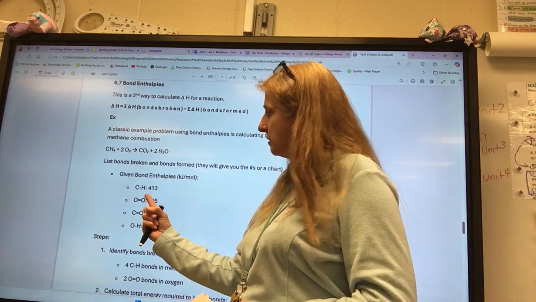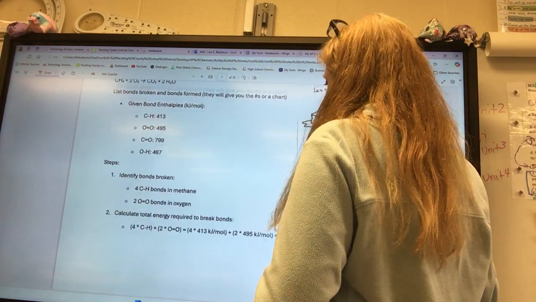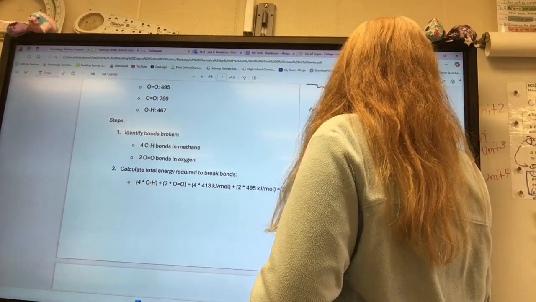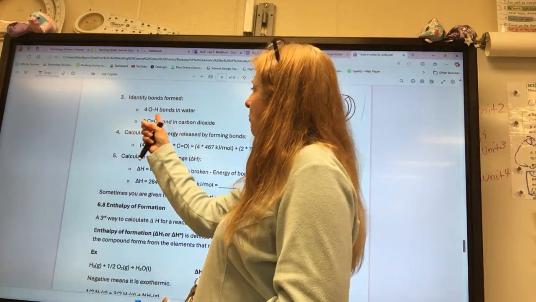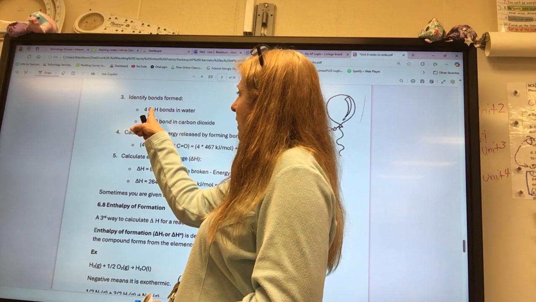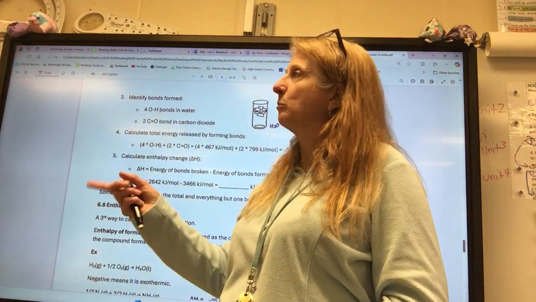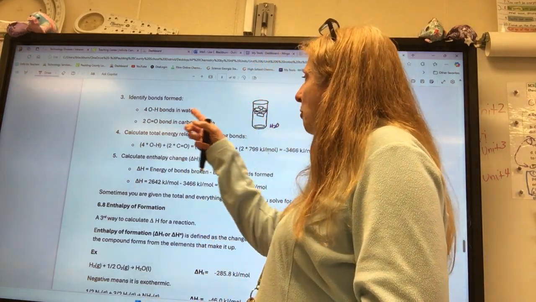That's what the summation symbol means. So step 1, identify the bonds that are broken and how many of them you got, and then multiply them and add them up. And then you do the same thing with the bonds that are formed. In water, each water has 2 OH bonds, but we had 2 of them. So 2 times 2 is 4, so there were 4 OH bonds, and carbon